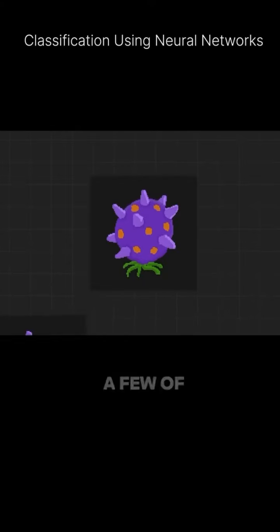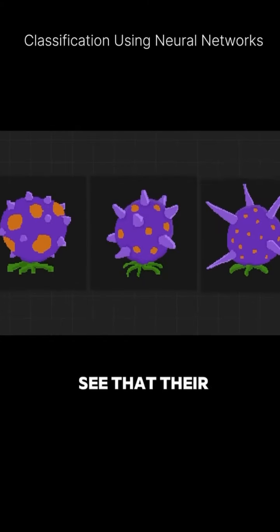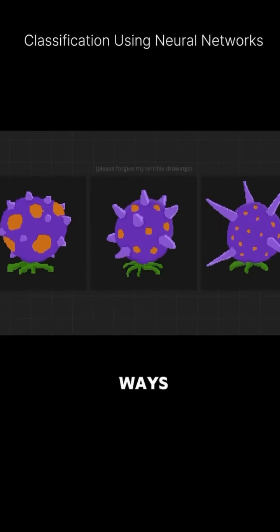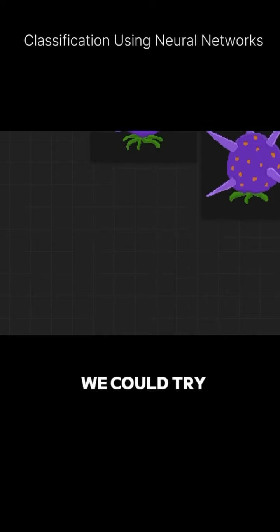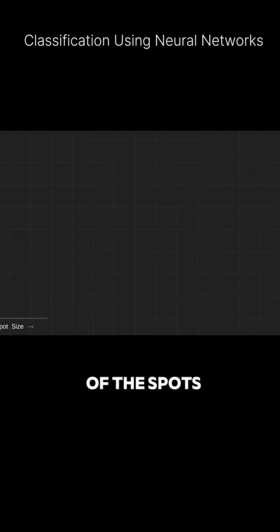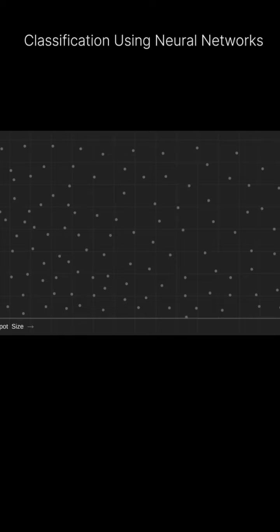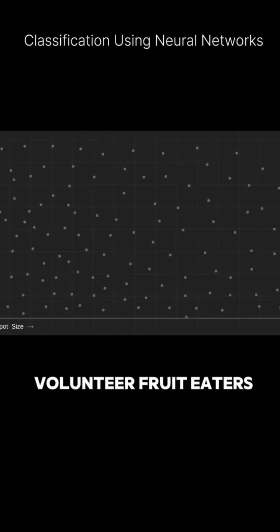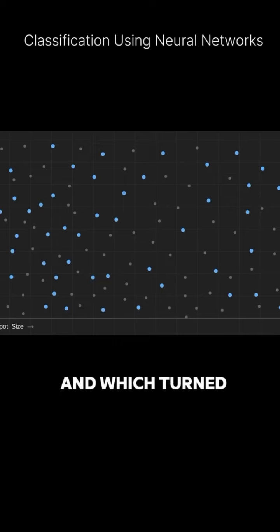So let's examine a few of these fictitious fruit, and we can see that their appearance varies in two main ways: the size of their spots and the length of their spikes. We could try drawing a graph with the size of the spots on one axis and the length of the spikes on the other. Then we could collect a bunch of fruit and plot them all on this graph based on those attributes. With some brave volunteer fruit eaters, we'd label which were safe and which turned out to be